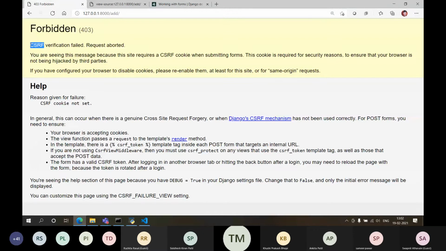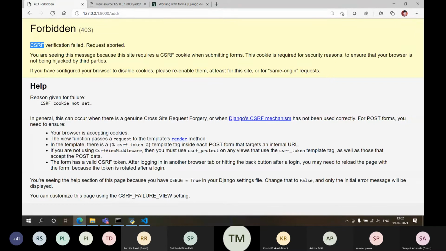Before I enter my account number and the amount, he enters an account number of his own and an amount, on my behalf, and submits the page. Now what will happen over here? The server will check, okay, account number is received and amount is received, transfer the money. So it's an attack. To avoid that attack, this CSRF verification is required.